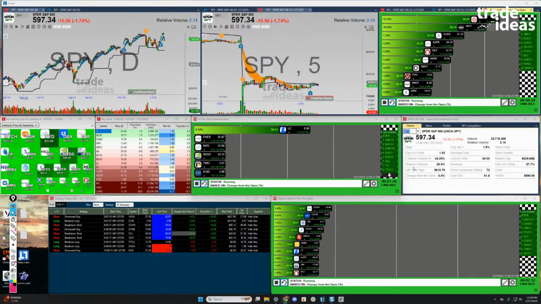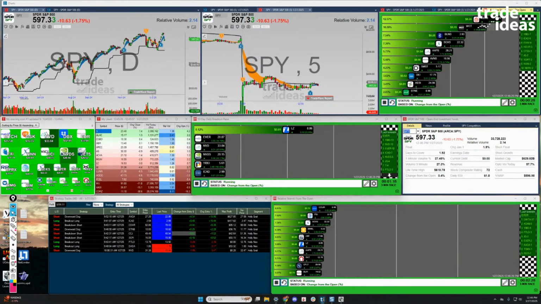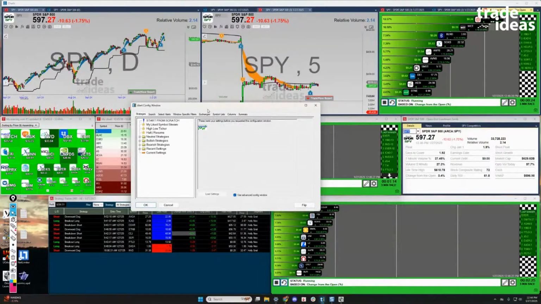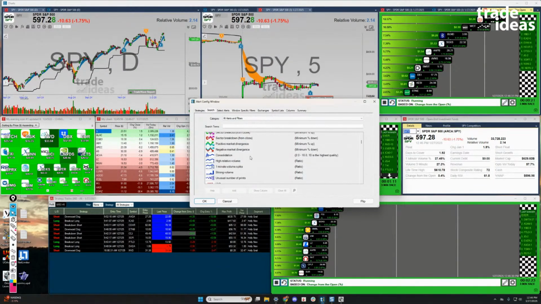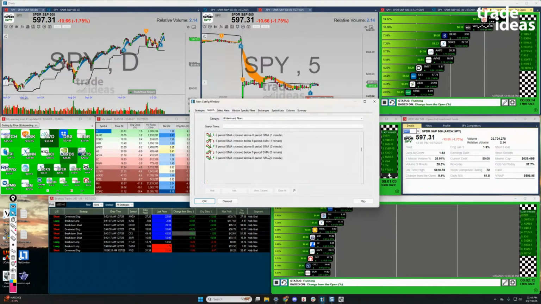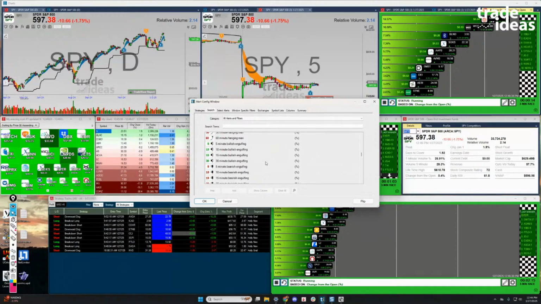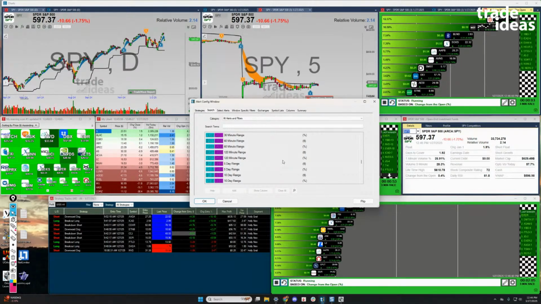You got it, Globe. If you come into the configure of an alert window, it's probably better to do this because that's the alerts and filters. If you come into the configure of an alert window and you come to search, you've got all these data points in here. I know I sound like a broken record, but there's over 500 total data points in here for you to create scans from. Probably about half filters, half alerts. So, do we have every single thing anybody could ever want? Nope, but we got a lot.